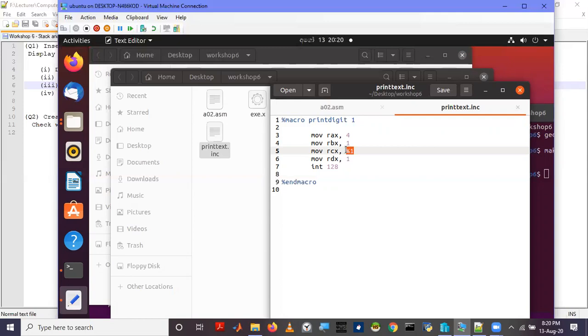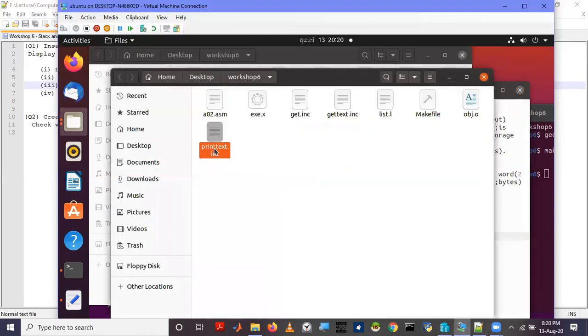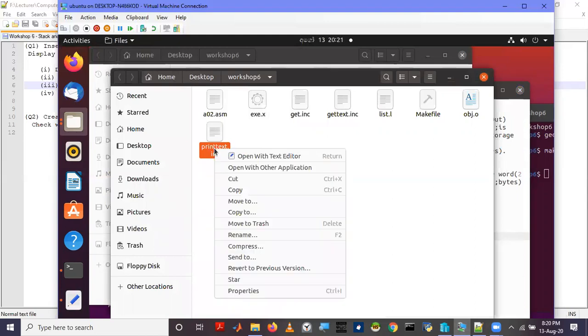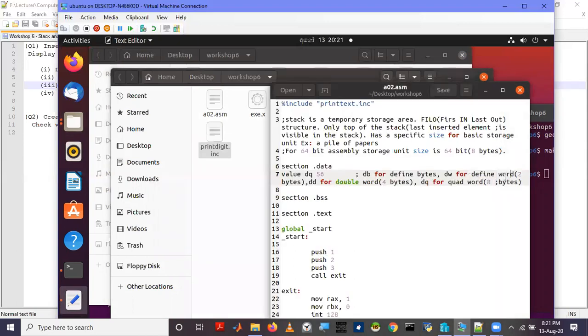So that is the print digit macro, and we need to include this macro here.